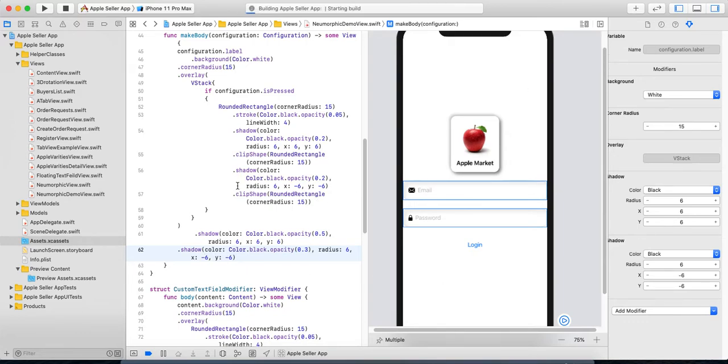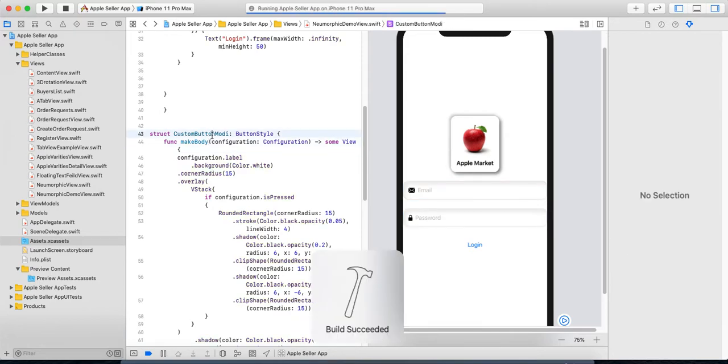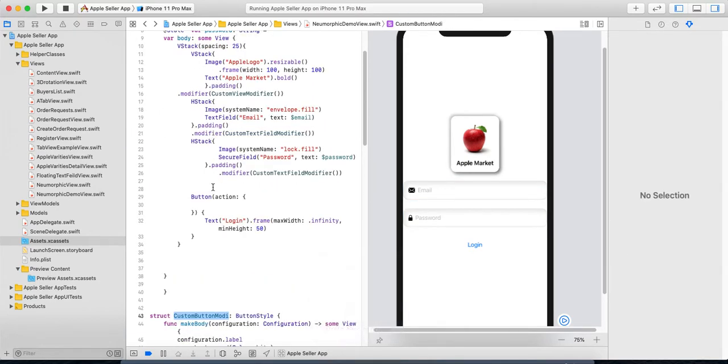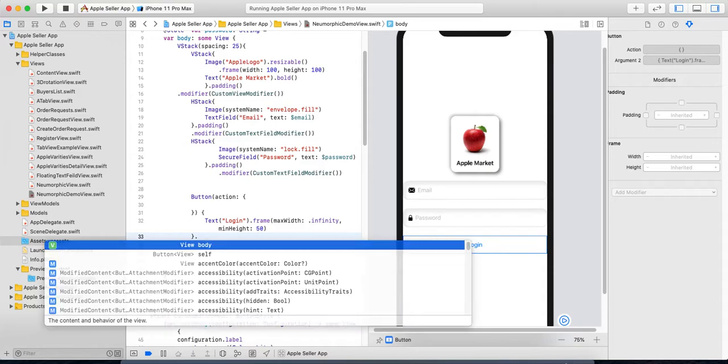Now let's resume. So we have not applied it yet, button modi, so we will add it here, and